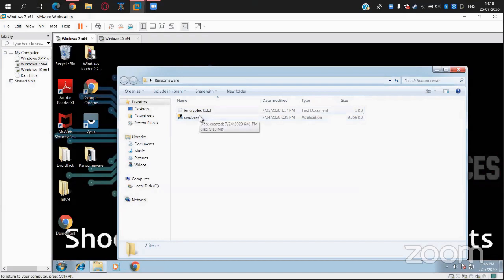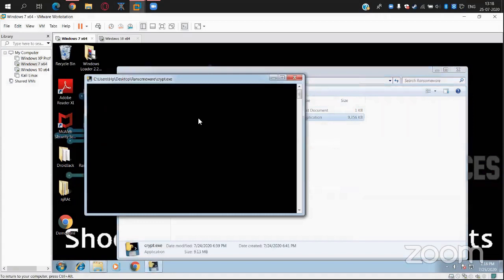Now we are going to decrypt that file. Let me assume that someone has asked for a ransom and you have provided it. Now you will be asked to get your files back, right? So how is the attacker going to do that? Let me show you. I'm going to open that cryptor again and decrypt this time.